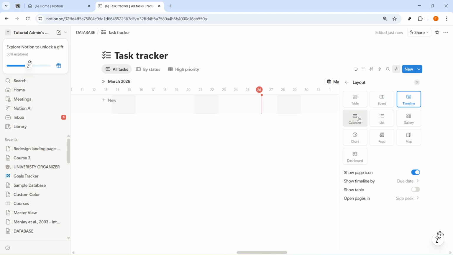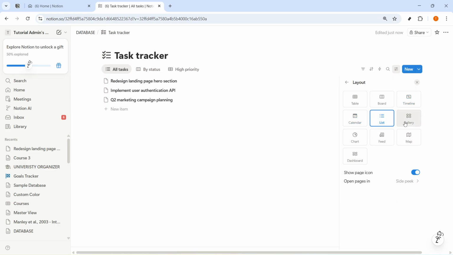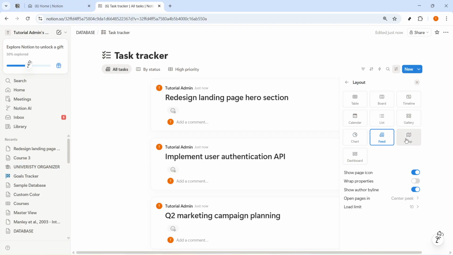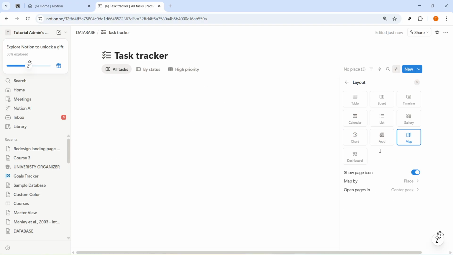Once your setup looks the way you want, you're done. Your database is now part of your current workspace and ready to use. You can start adding pages or entries right away, and each one can hold its own details, notes, files, dates,